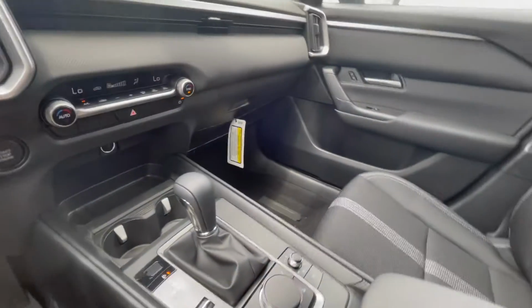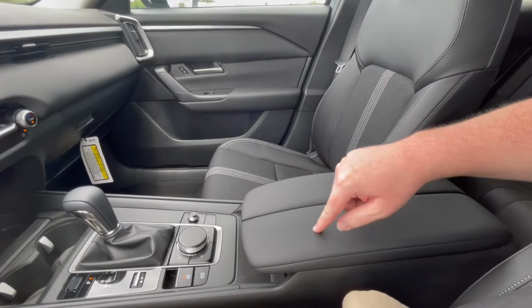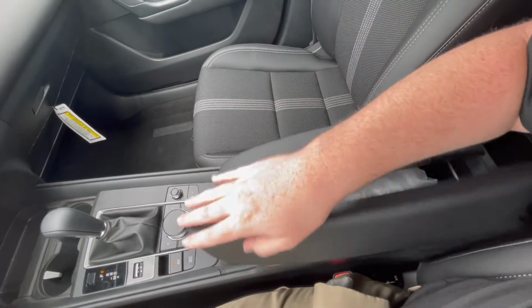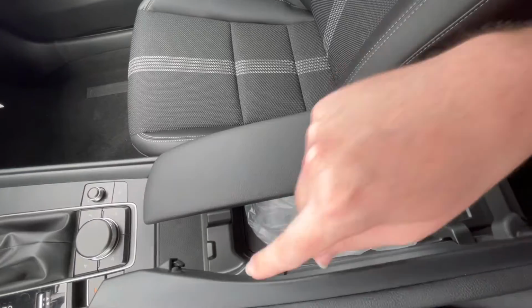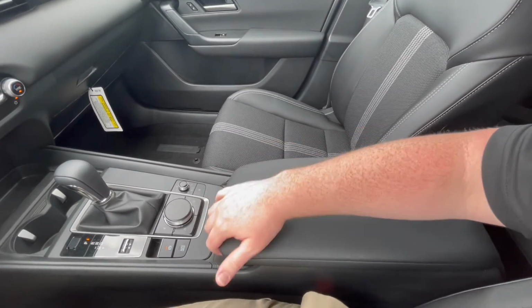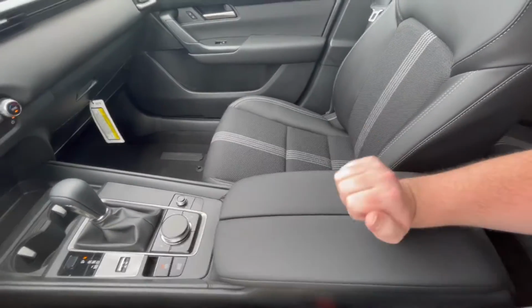Now, coming to the armrest here, a little different design. Again, nicely padded, you'll see that. But this one actually has a split design and it opens up in two different ways. So you can open up just the driver's side, reach in there, grab everything you need. There's a USB port down there. Sorry guys about the plastic, but I had to take it out real quick when I was showing the car. But you can open this up and get in there on either side